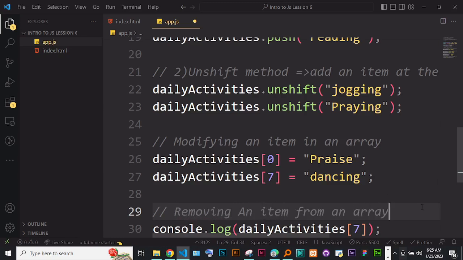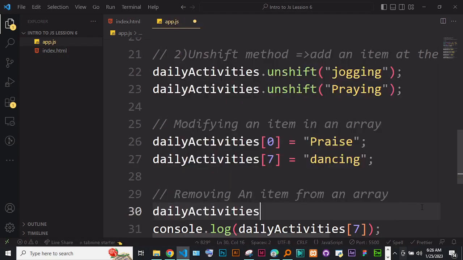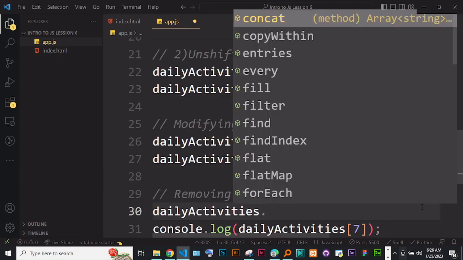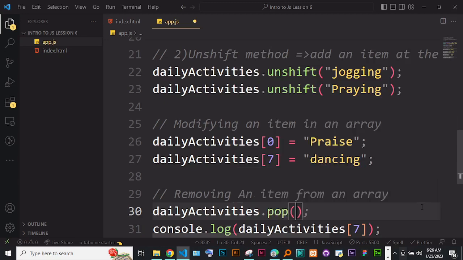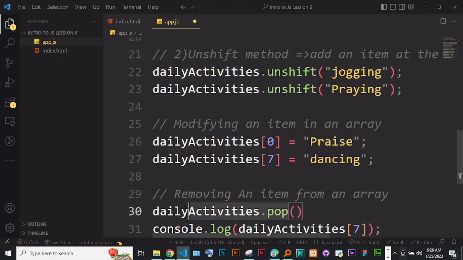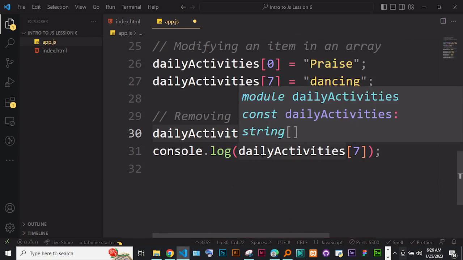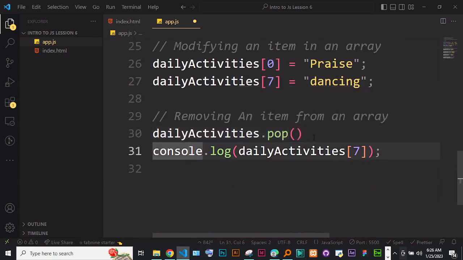Okay, so down here we will say daily activities. So daily activities is an array containing all our items. So we could just say dot pop, as simple as that. And you don't need to pass anything inside this method. Just simply do pop, and if you come down here and you console.log now daily activities, not at position 7,